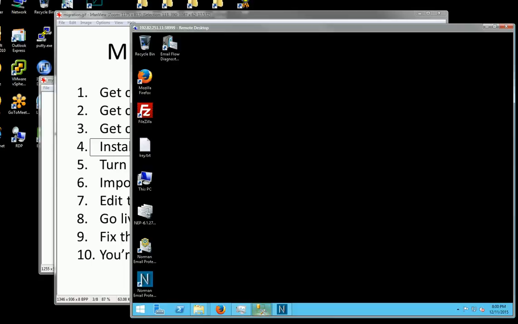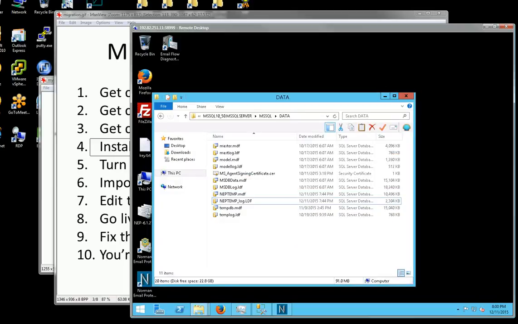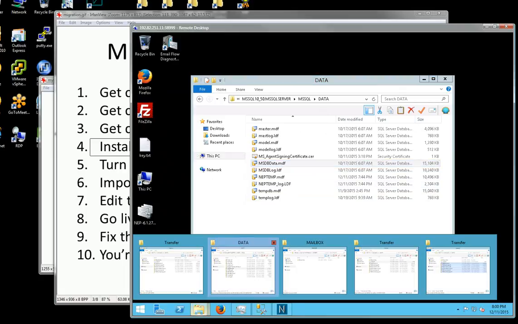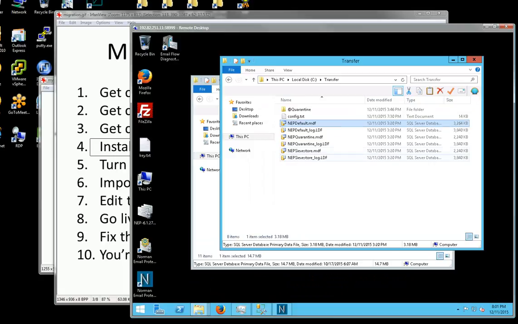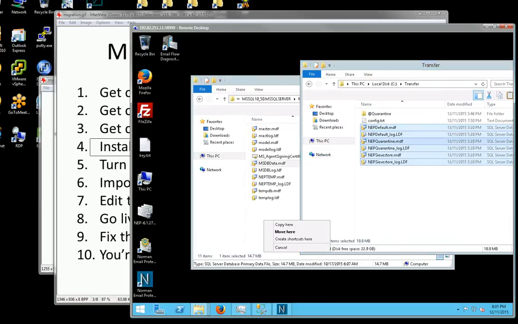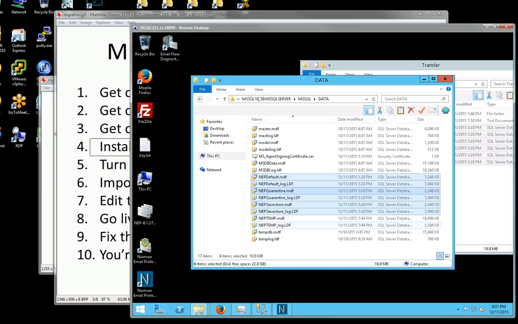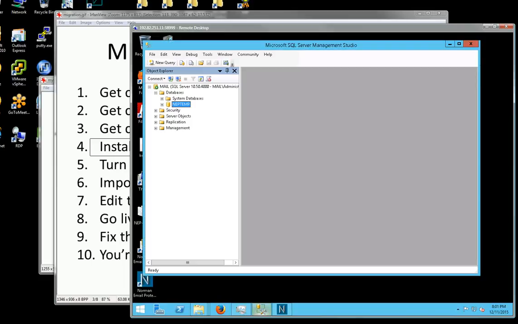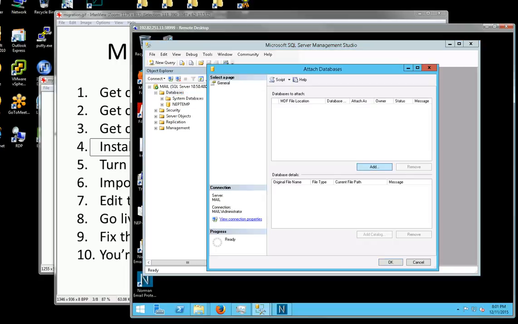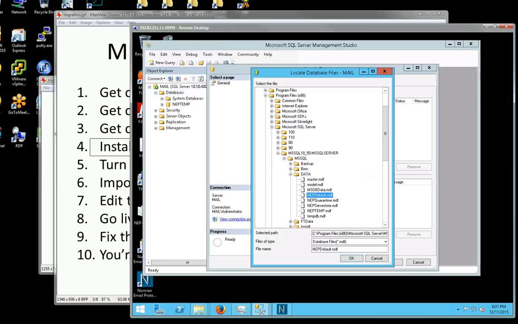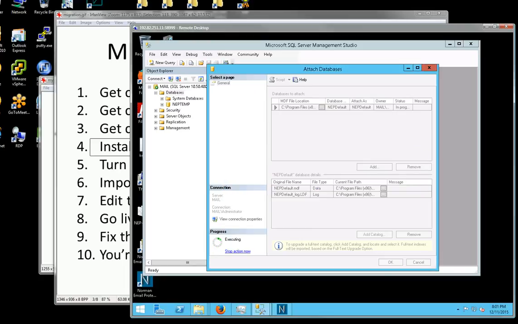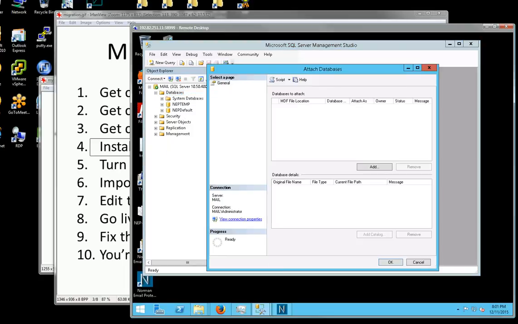So basically you would go into the MS SQL data folder and you would copy over the NEP databases you copied over. These little guys here, copy them over here. And you would attach the databases to the SQL server. So I was logged in here, so I'll go attach. What is the NEP default? No catalog. Attach